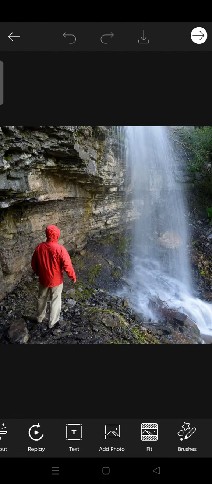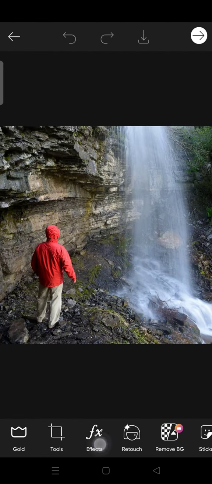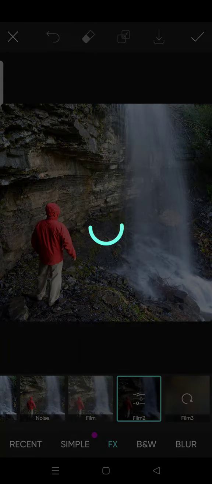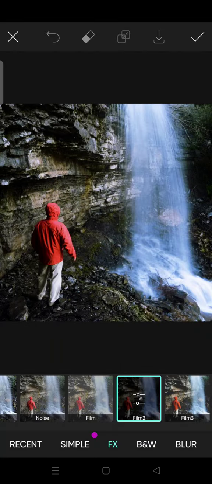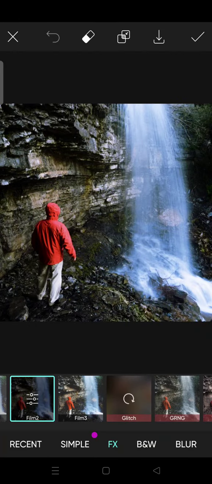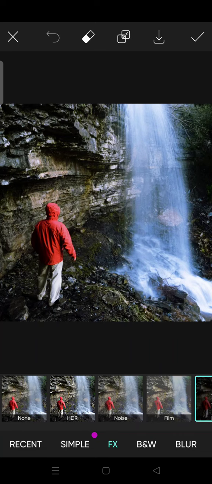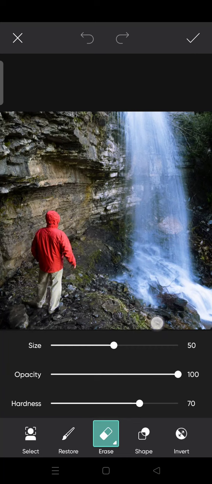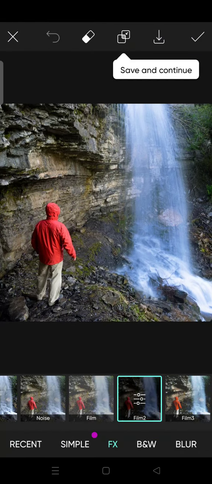Okay, sorry, but first I'm going to add an effect to the photo. I'm going to use this photo, but I'm going to use it only on the water. So just like so, and then click on check icon, and